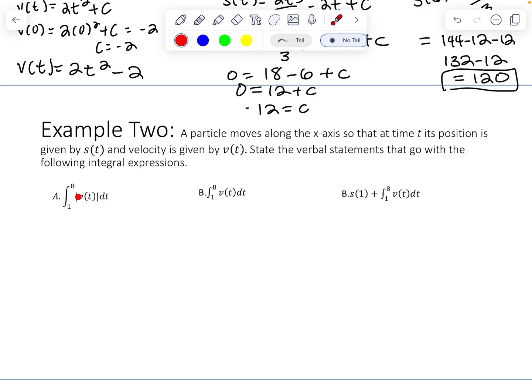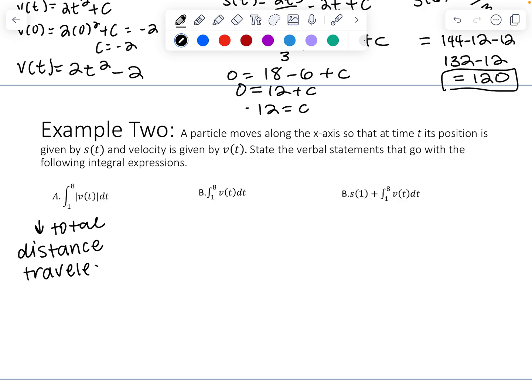So this one, you might notice the bounds are 1 and 8. This one has bounds of 1 and 8 too. This has an absolute value. This is just like a regular function, and this has this s of 1. So let's just go through this. Based on the fact that this is an absolute value, this is going to be the total distance, and feel free to try these on your own, but this is the total distance traveled by the particle